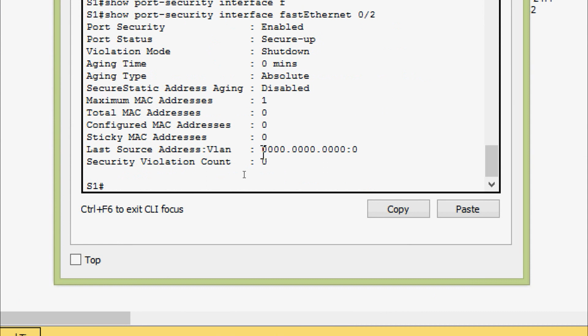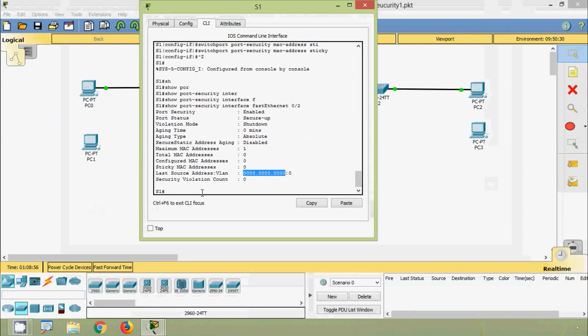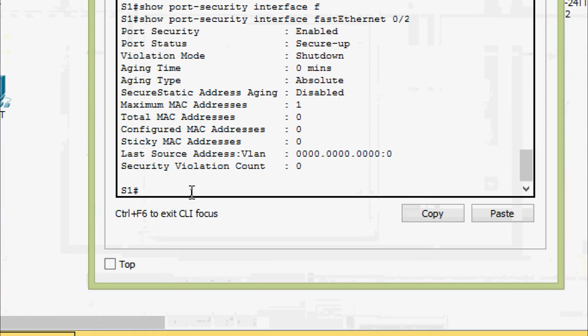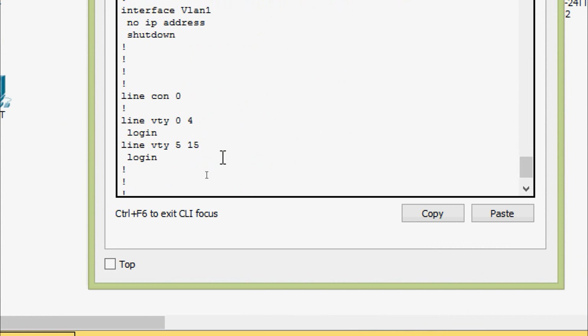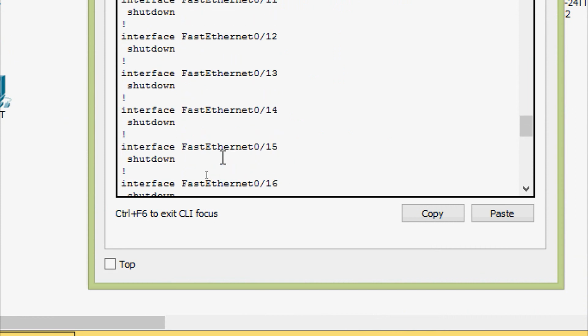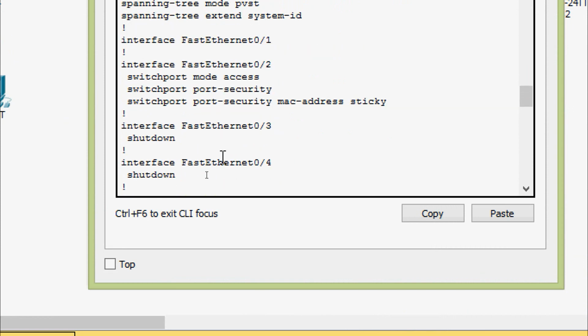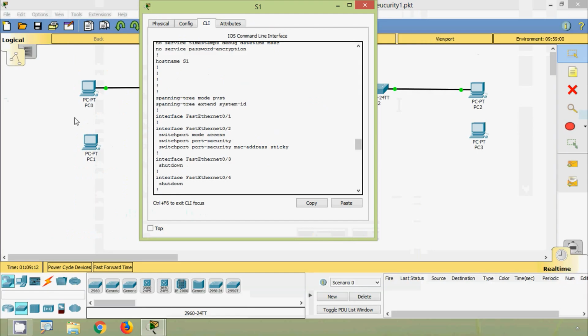Here we can see it's not showing the MAC address of our PC. We can verify the running configuration, show running-config. Here we can see switchport port-security mac-address sticky, but here we cannot see the MAC address of this